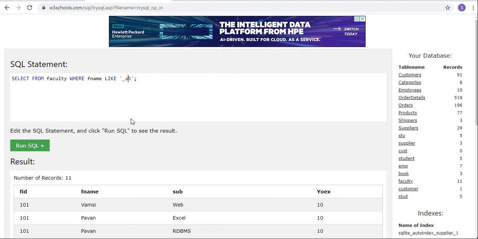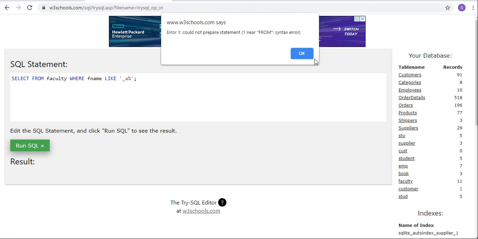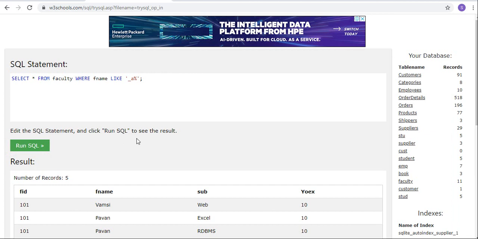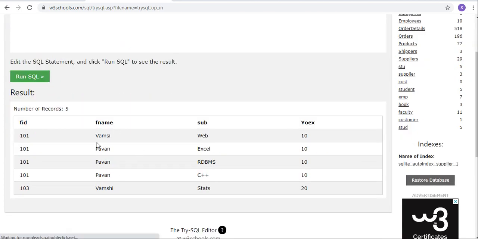Underscore will represent one character, and the second character I said it must be A, and from the third character you can have anything. Try to say this. The same mistake. Select star from. Now see, for all the names the second character is A only. The first character you can have anything, from the third character you can have anything.